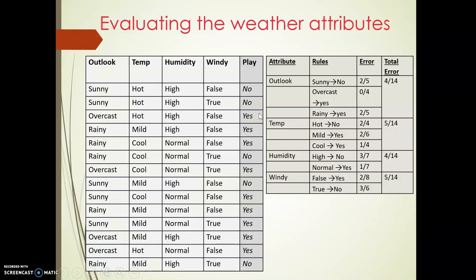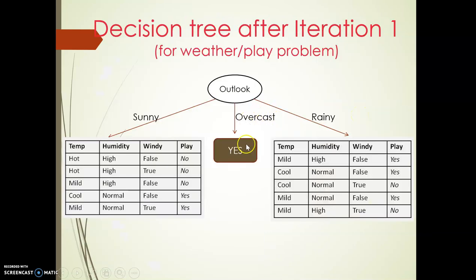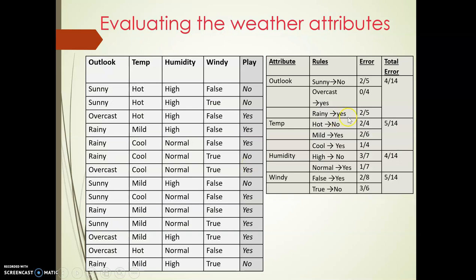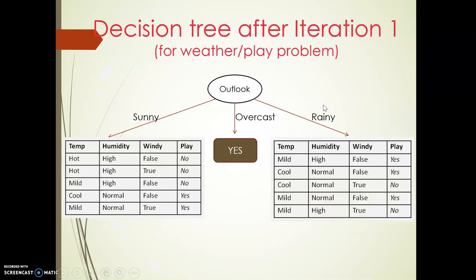But the overcast, if you see here, the overcast is a perfect attribute where you do not have any errors here. That means you can finally conclude whatever decision you have taken here. For the overcast, the decision is yes. That's why, if it is overcast, the decision needs to be taken as yes here. So for the sunny, since you have the errors, again you need to construct a table for only